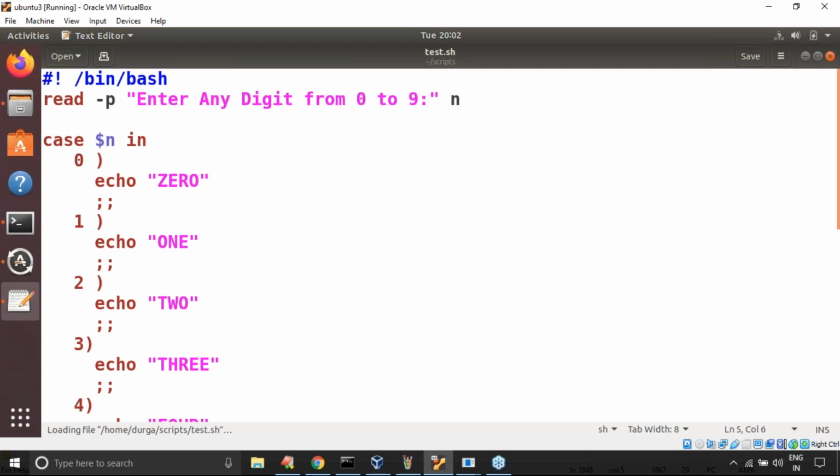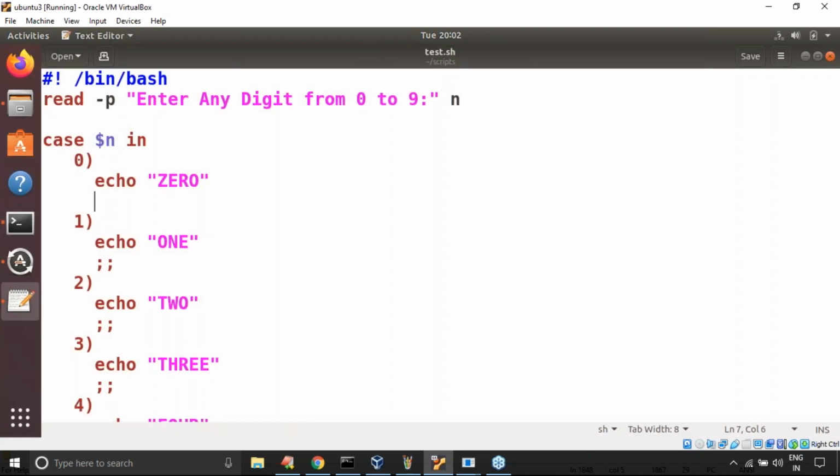Next, are semicolons mandatory or optional here? Semicolons are mandatory. Assume by mistake I removed a semicolon. What will happen?